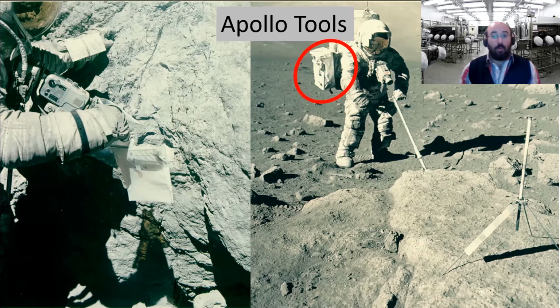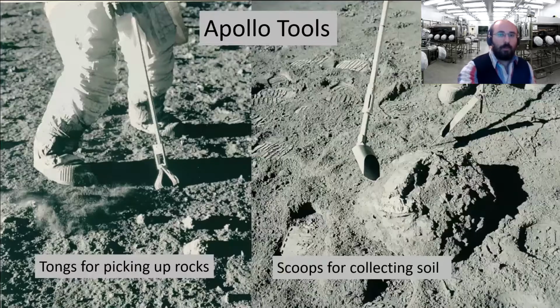And of course, everything was really well characterized. They had these cameras mounted to the chest, so everything was being pictured and recorded, and they had various sorts of color standards and charts and things for scale, and everything was really well characterized, documented, and pictured before and after collection. So in terms of actually sampling rock, they had tongs for picking up small rocks and loose material